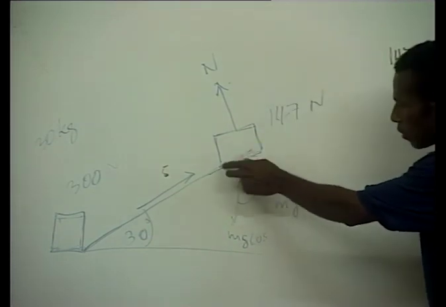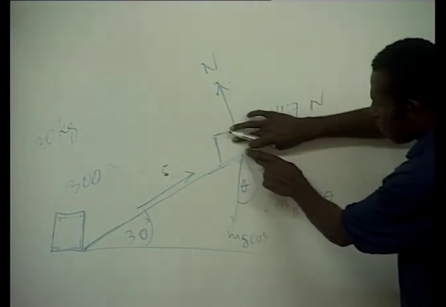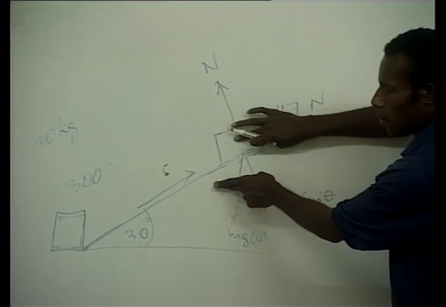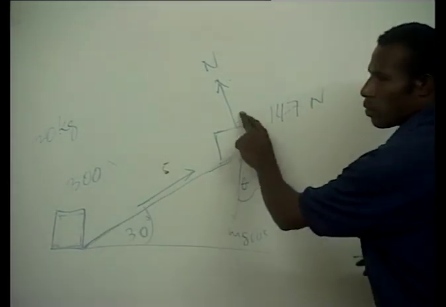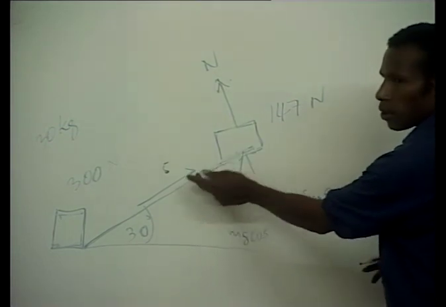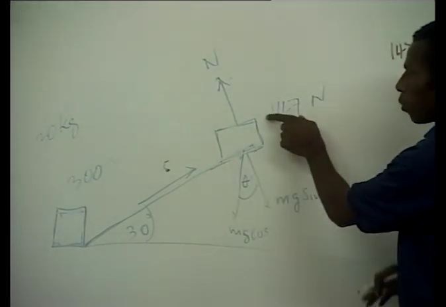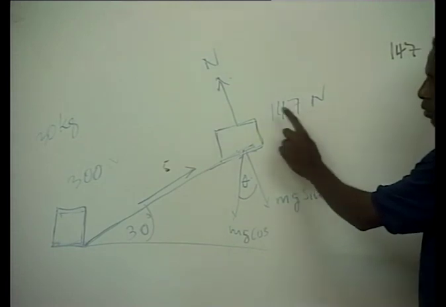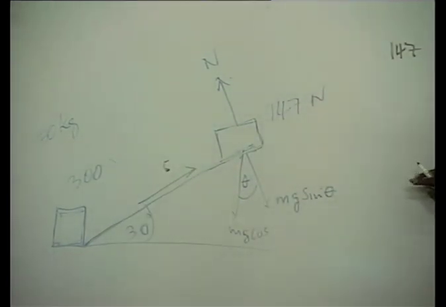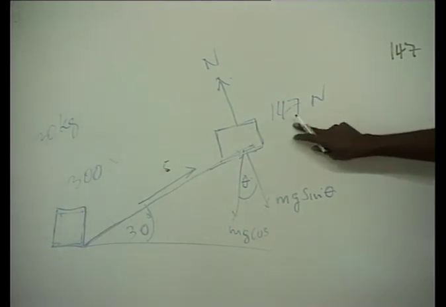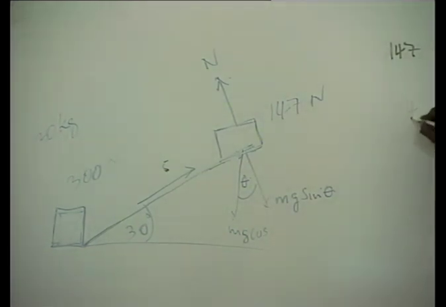This comes about because you have a frictional force that exists between this and the surface of this. Otherwise, it will be that 300 Newton times the height in which you are taking it. But because there is a friction existing between them, you require a force of 147 newtons to get this done. So how do we know the frictional force? All right, frictional force in this case will be,